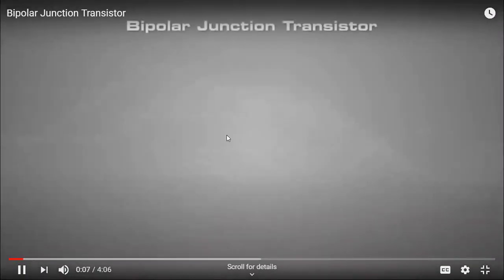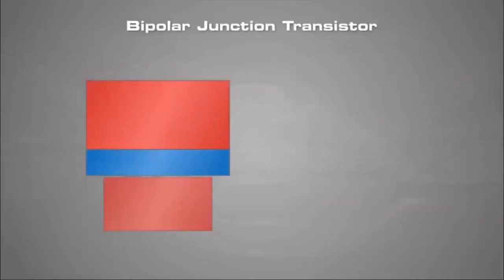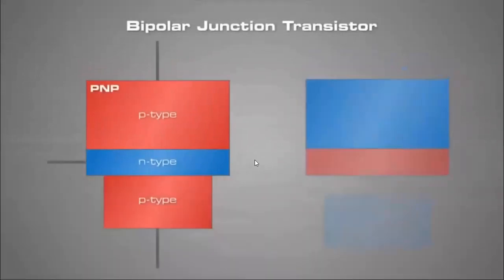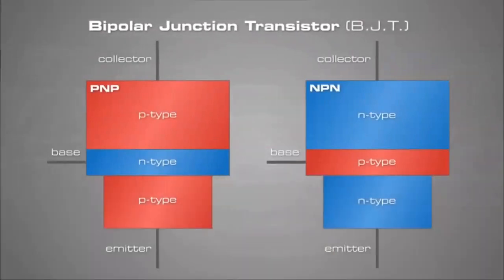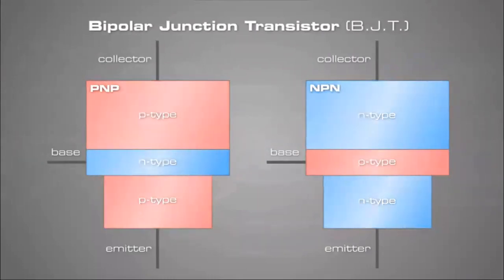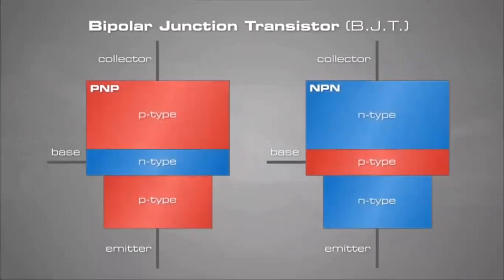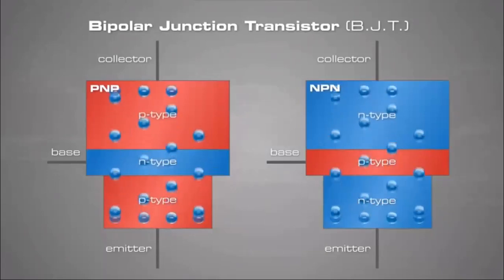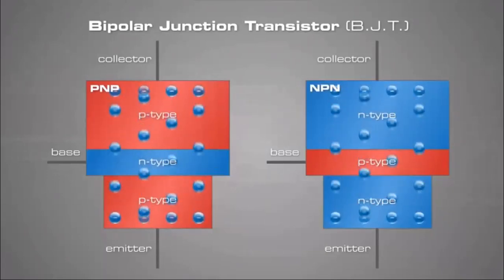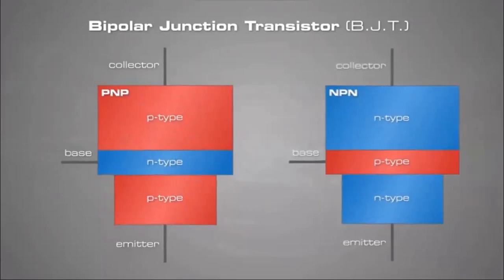Yes, sir. Okay, right. Bipolar junction transistors consist of either a PNP or NPN semiconductor sandwich structure. The bipolar junction transistor is commonly referred to as a BJT. A BJT is so named because the controlled current must go through two types of semiconductor material, P and N. The current consists of both electron and hole flow in different parts of the BJT.